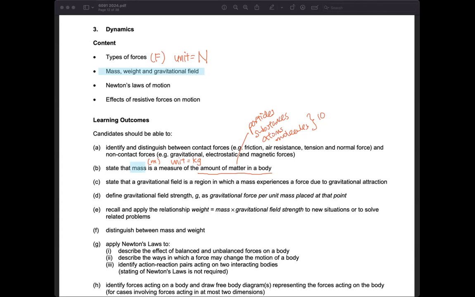Remember we talked about mass being the amount of matter in a body. So what we do to measure mass is to use this thing called a balance. We use a balance to measure mass. Have you seen before in those kind of Chinese medicine shops, where they actually compare two items here,